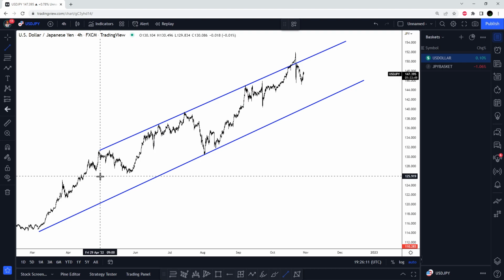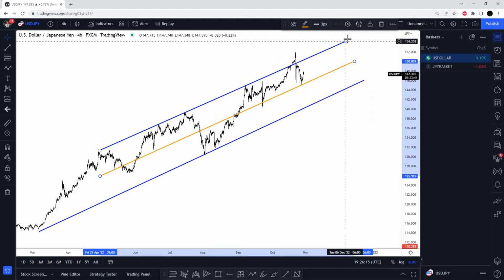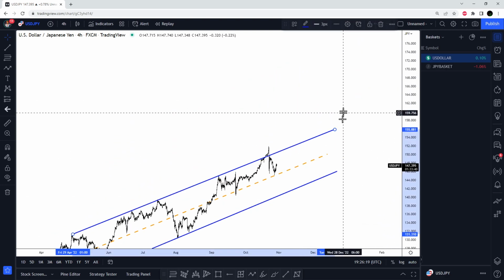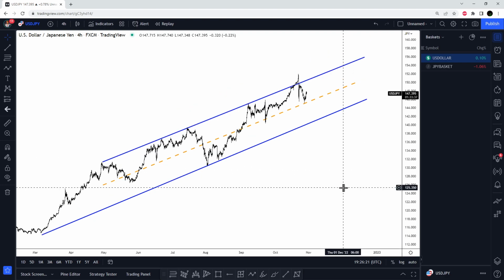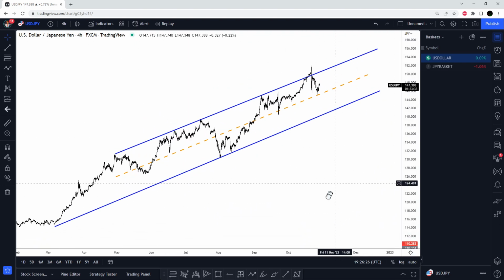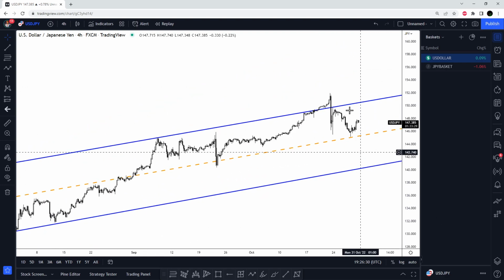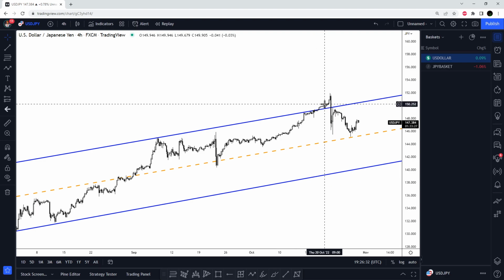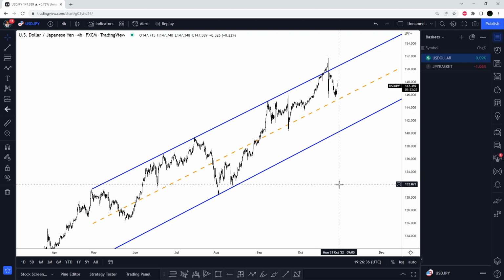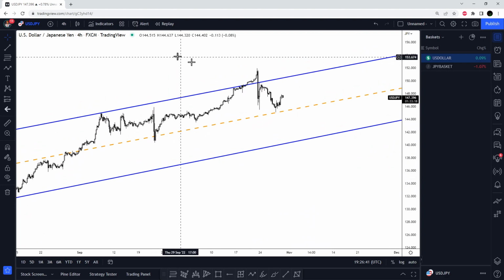Perfect. So this is the channel that I'm dealing with here. This is how I trace my stuff. Right now, what happened is it was trading in a channel, more or less, and then it went way beyond the resistance over here, and it puked. What this tells me is that the move was overextended here, and now it went into